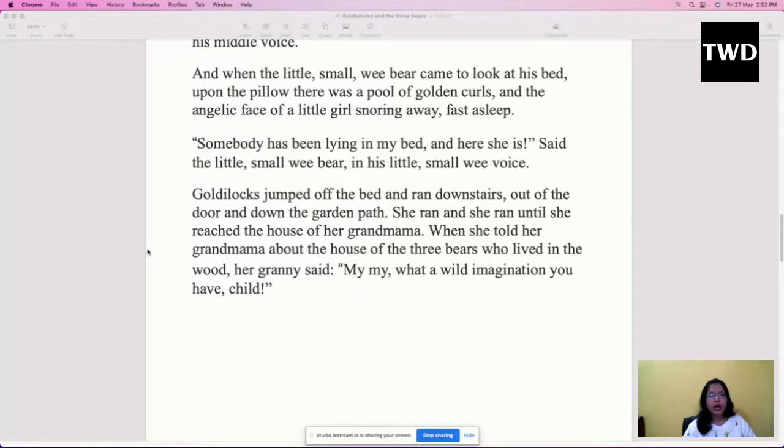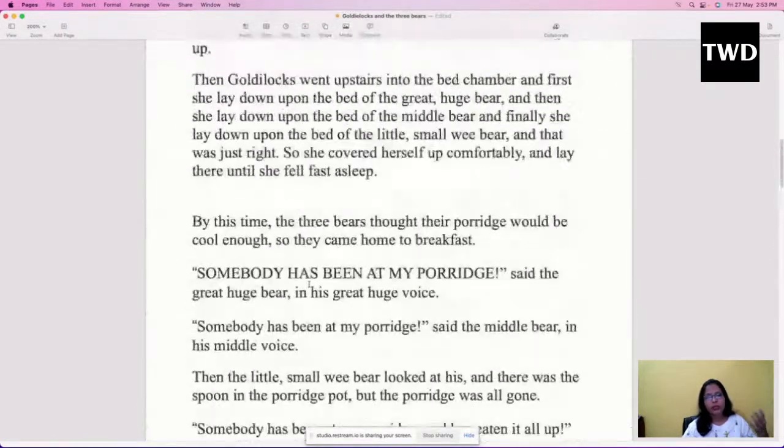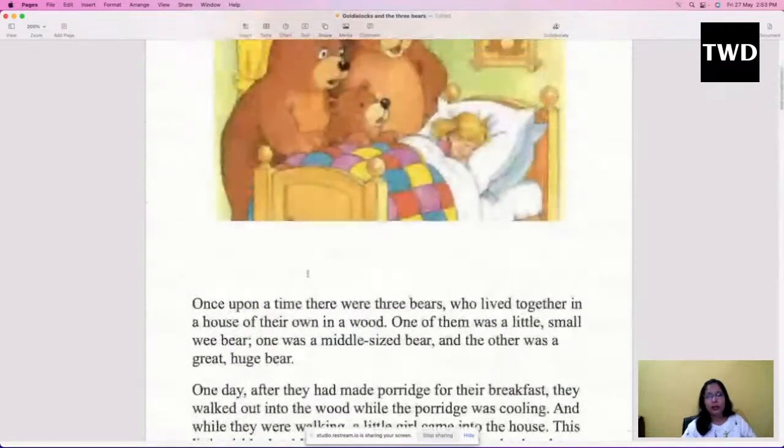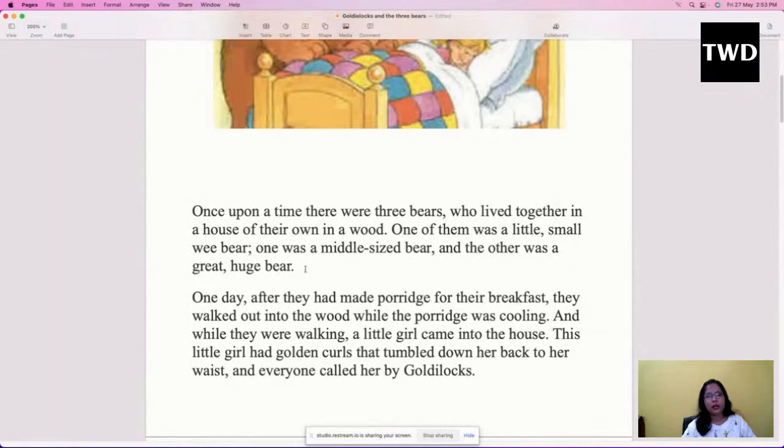Yes, so this is how we are going to read any story with proper voice modulation, following all the punctuation marks. So whenever you are reading something for the first time, remember you have to read it slowly, because you don't know the story, and if you are a beginner, it will be a little difficult for you to understand it. So the first time, try to read it slowly.